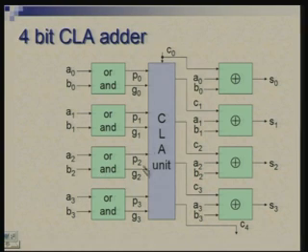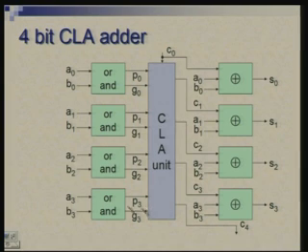Then we have this block which computes all carry values looking at P's and G's. C0 is the input, and it will compute C1, C2, C3 and C4, which has to go out. Then we have the circuits computing the sums out of A's, B's and carries. So, on the whole there are actually 3 stages, and we can see how much delay this circuit will have.